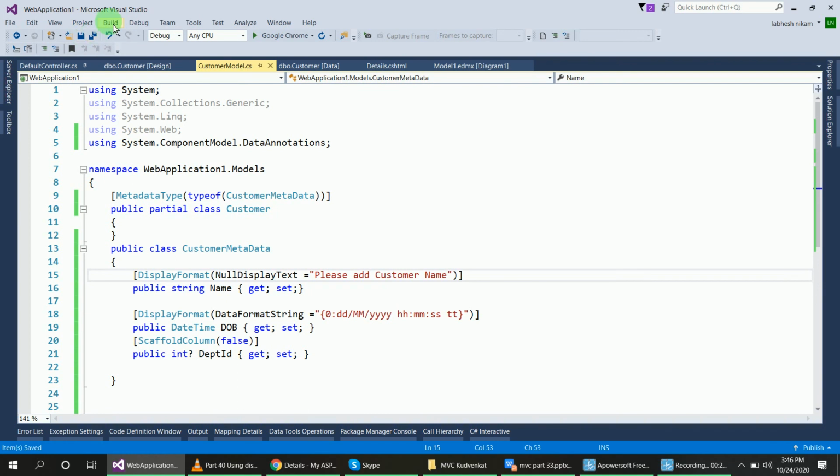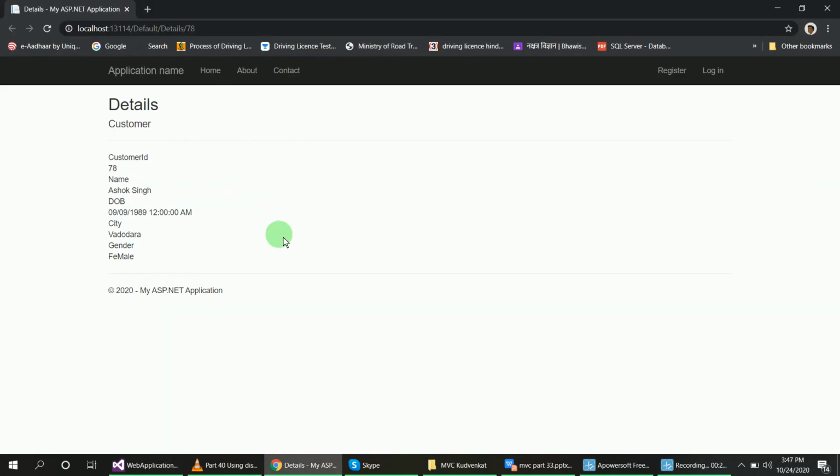For that build the application and run the program. Okay guys, you can see here there is a name property and its name value. Okay, now I will refresh this and it doesn't happen. So refresh, Shift F5, F5, nothing happened.